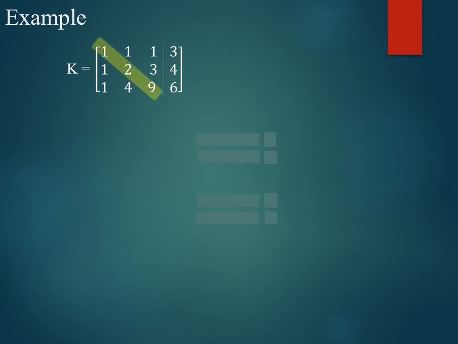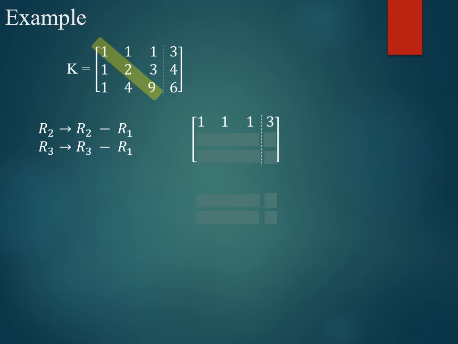Then this augmented matrix, we need to convert it into upper triangular form using the diagonal as 1, 2, 9. So the elements 1, 1, 4 below the diagonal should be made 0 by elementary row transformations to get the rank of this augmented matrix. So the very first step, simply in row 2 and row 3 we have 1, and therefore simple calculation is R2 changes to R2 minus R1 and R3 changes to R3 minus R1.